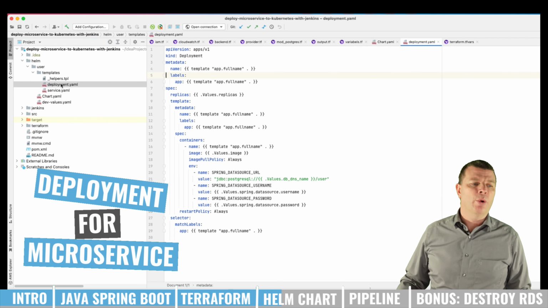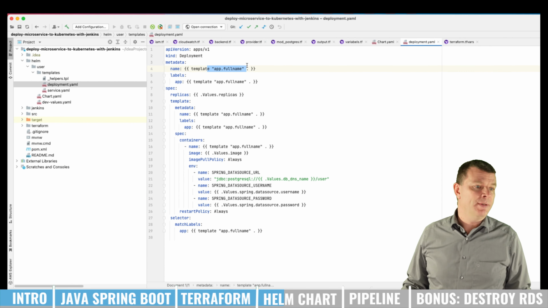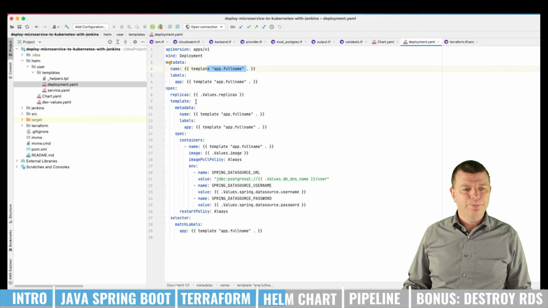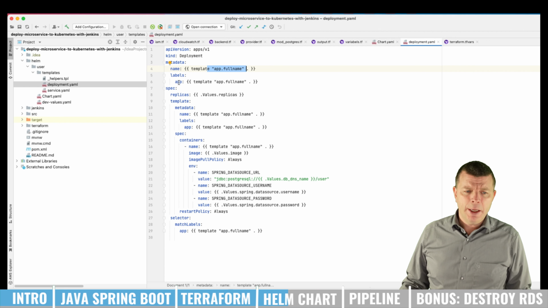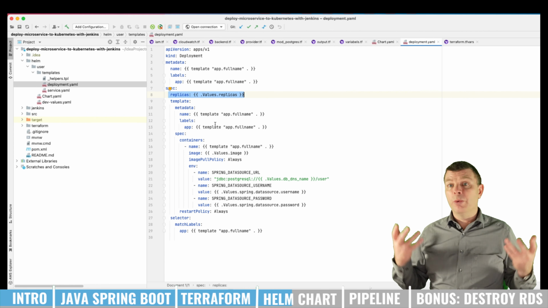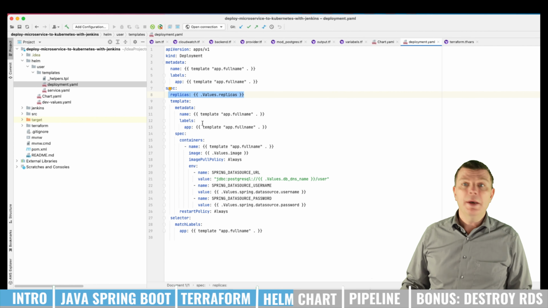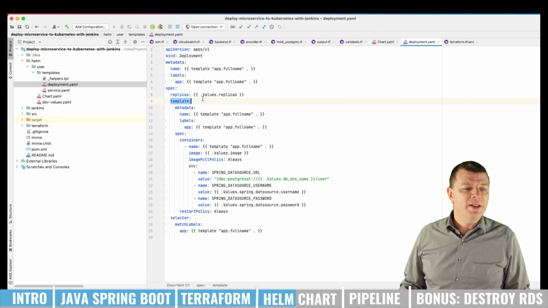Then I'm going to deploy a deployment that contains the app full name. This is what I just said, coming from the helpers file. So basically the deployment has a name, the app label, and the specification. The replicas is set here, so that we can have 1, 2, or 3 replicas, depending maybe on the environment where we want to run it. Then we're specifying the template,